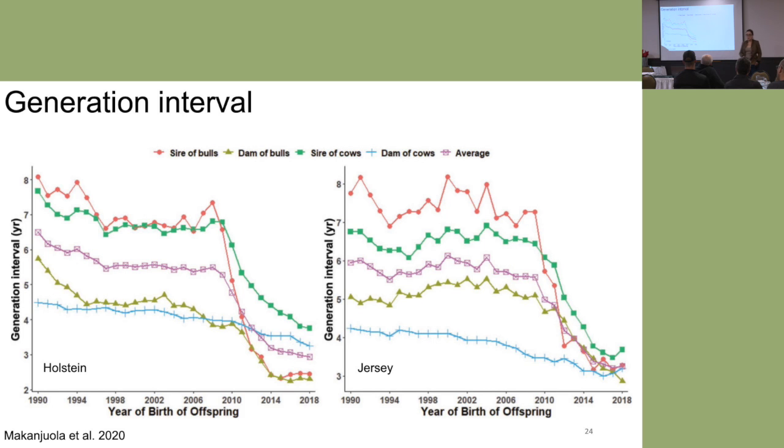Anybody know? Genomics. Genomics has totally changed everything, okay? The time it takes now for the sire of a Jersey bull to have an offspring that replaces itself is like less than 2.5 years. That's how quick that happens. Less than 2.5 years. It used to be like 7 or 8 years. So the train that we're on is going very fast, okay?